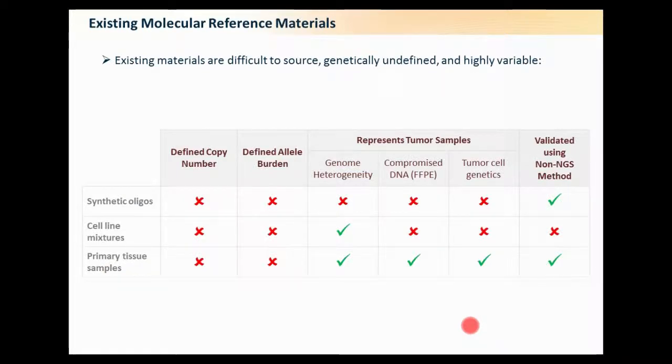So the materials out there at the moment, I think this has been sort of before Horizon Diagnostics came along, is you could use synthetic oligos as reference material, cell line mixtures, and primary tissue samples. In the NGS field, cell line mixtures have been used a lot, and I think there's a lot of very useful data and very good data that indicate they can be used